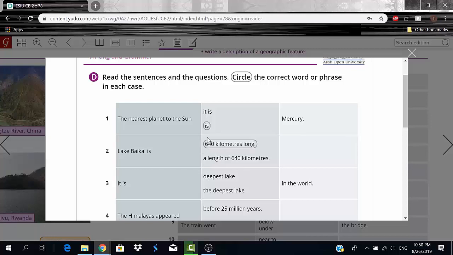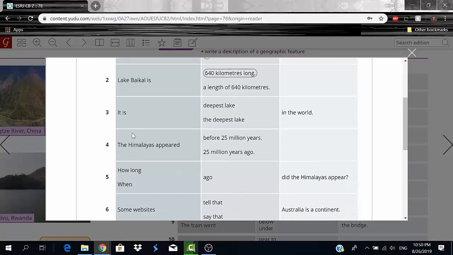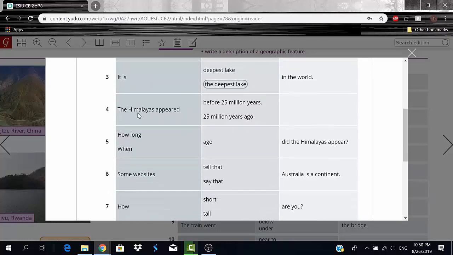Number 3, it is the deepest lake in the world. The Himalayas appeared 25 million years ago. You guys remember the word ago? We talked about this. Then we have number 5. How long ago did the Himalayas appear?